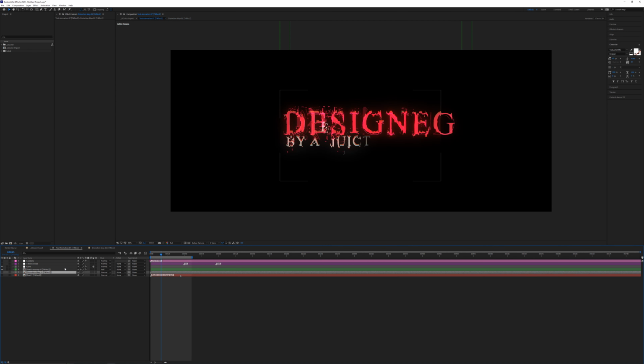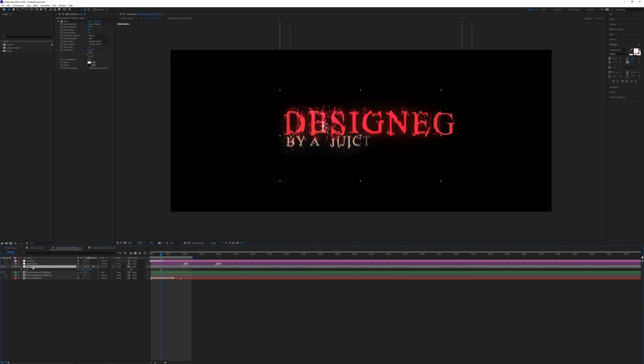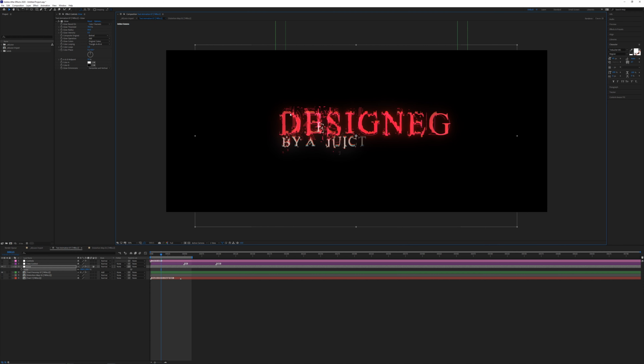Let's go back to the text animation comp. On this glow layer, I'm going to click S, and then we can double this. We don't really need it to go further than that, that's fine. Really, this composition really only needs to be as large as the text, so we have a little bit of extra space if we wanted to move this around.